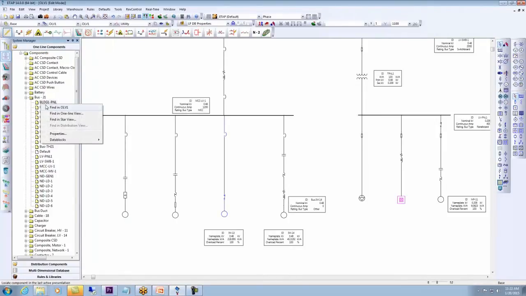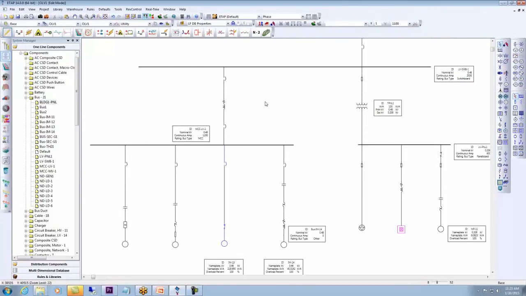Within our project system toolbar, I see a list of all of the buses I have here in the folder. And for any bus, I can simply select to turn the data block on and off. So even though you create a data block for all of the buses or all of the loads or per equipment within the project, you can individually turn them on and off per